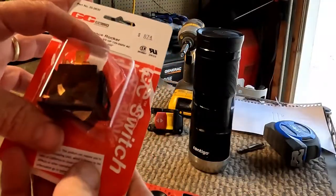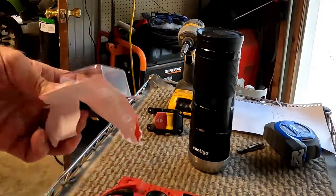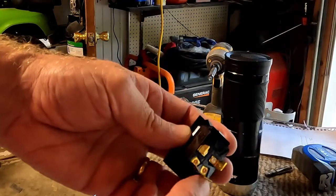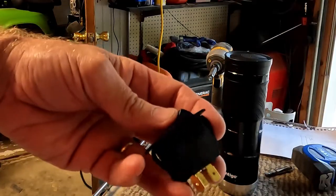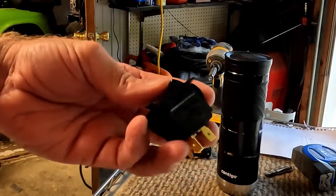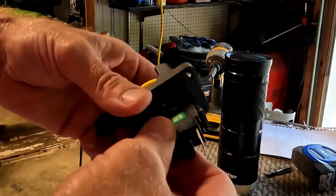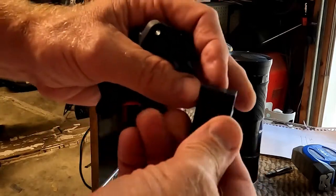So what I found at the local electronics store was a rocker switch. It's just a 2-pole single throw, meaning 2 poles. So this set of poles and that set of poles. Single throw, meaning it switches one way. So basically an on-off switch that switches 2 legs. So that's the same effect. That's what I had here. This was a double pole single throw switch,